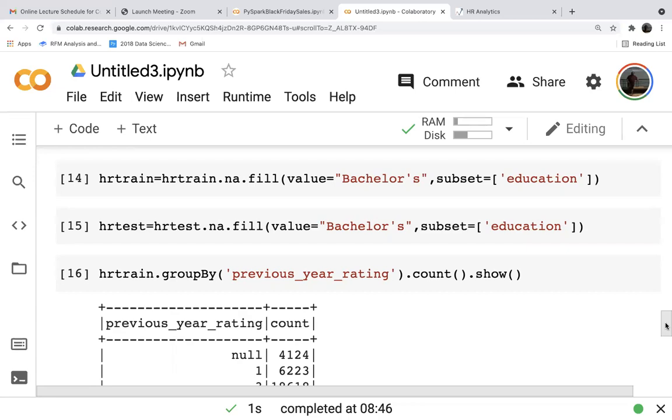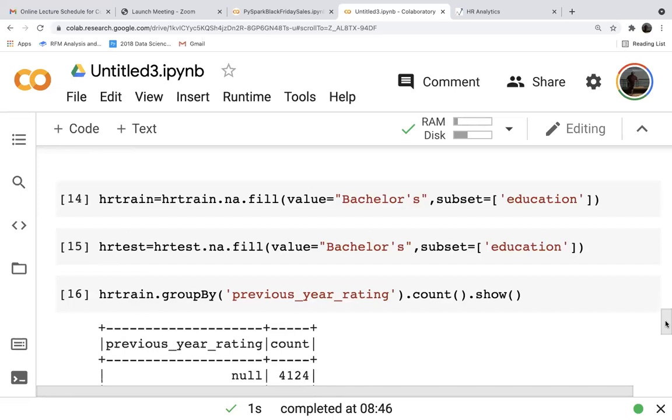So participants, once you are done, please confirm. Can you show the code of that group by command?